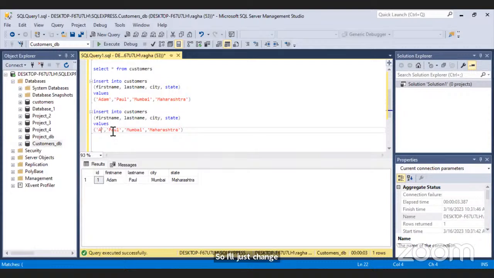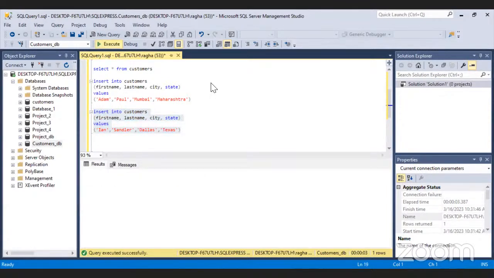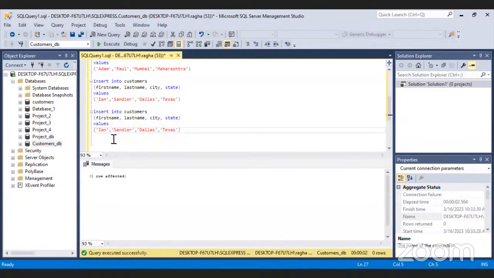Add something random. Then I'll create a few more rows.